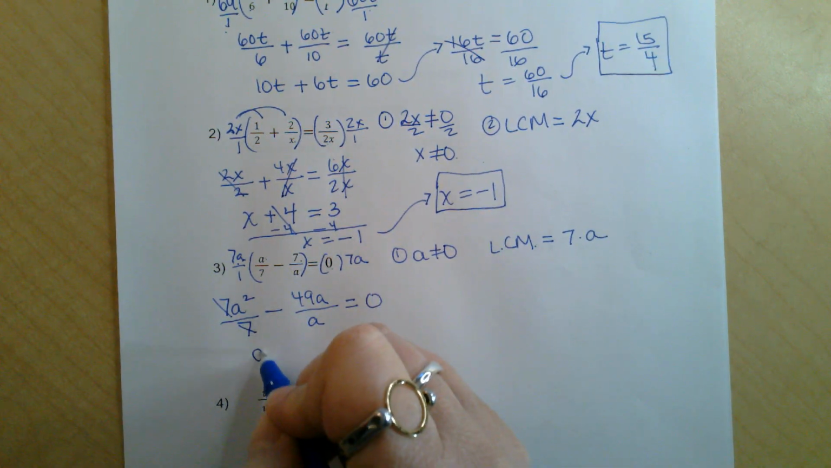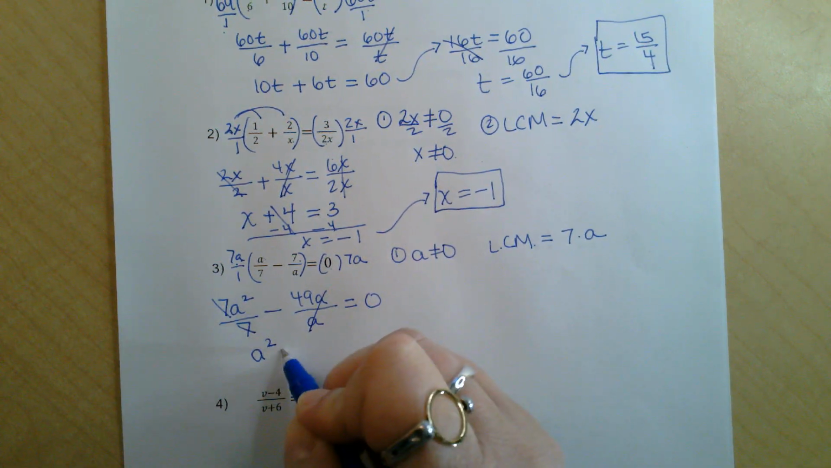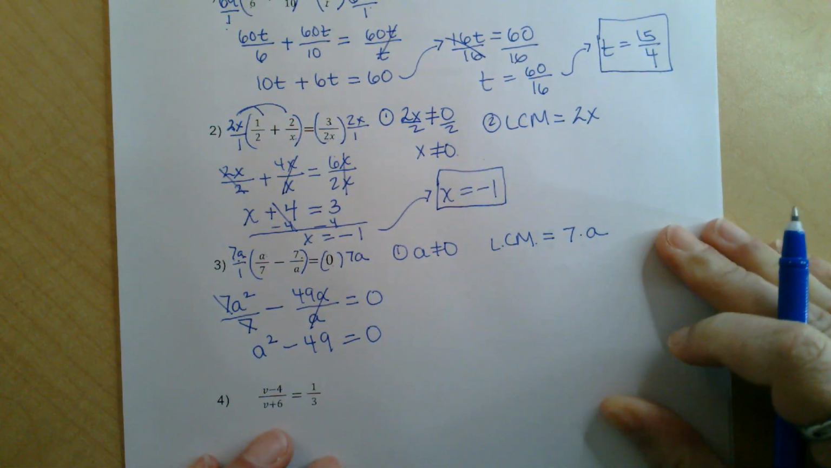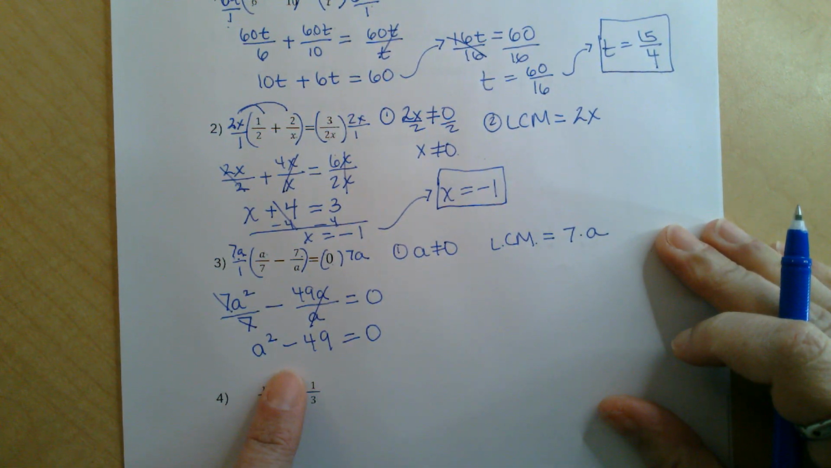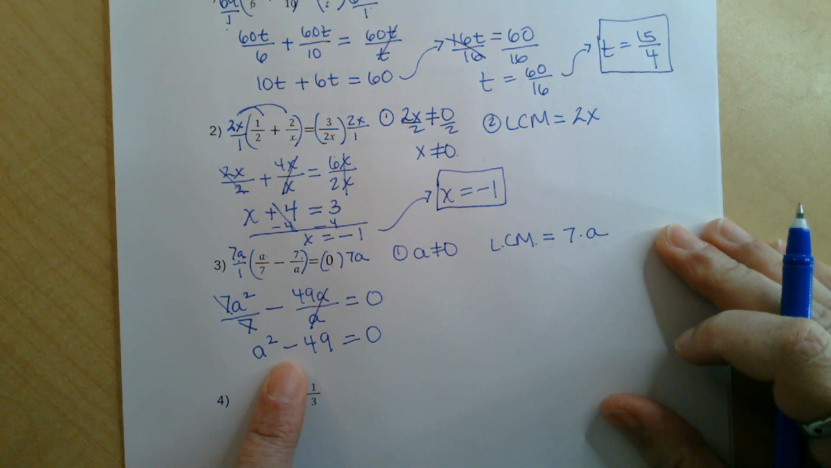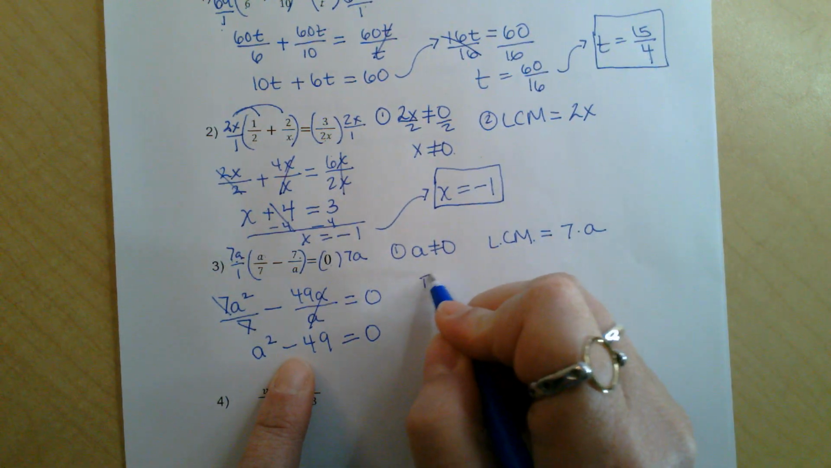All right, let's reduce. The 7's cancel out, so we have a squared. The a's cancel out, minus 49 equals 0. Now, hopefully you're noticing, wait a minute, we've been factoring a lot, and this looks like we have to factor it. You could go one of two ways with this type of example. You could factor,